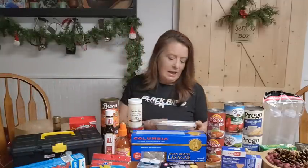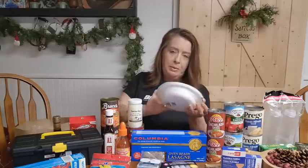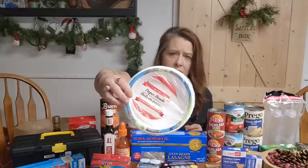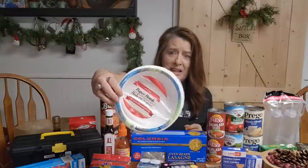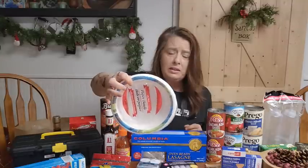And the next thing I grabbed was some paper bowls. And this is just a little 10-pack. These ones have the little waxy plastic coating type thing on it. They're not the real thin ones, but these are better for soups, cereals, things like that. In that emergency situation, if you are whipping up a big soup or something,